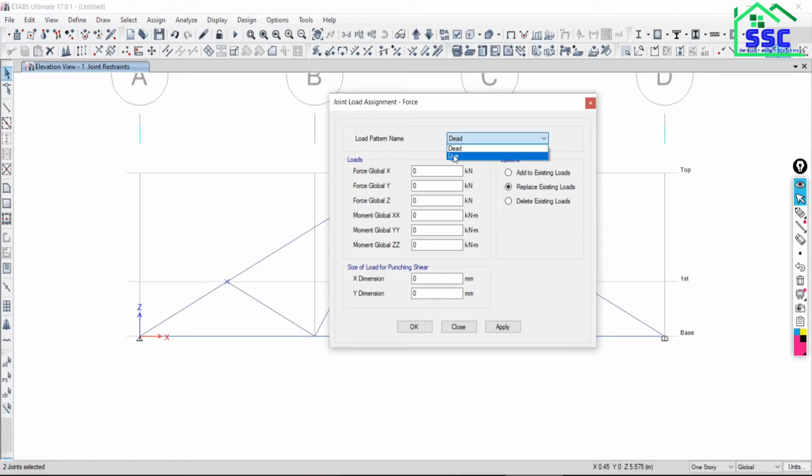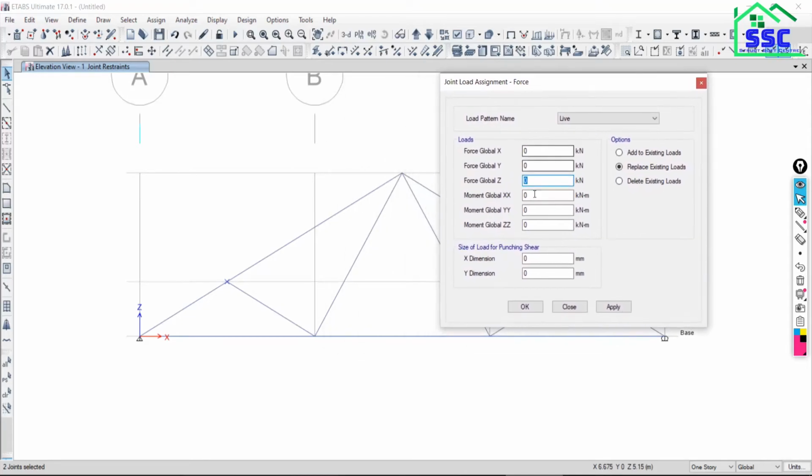Okay, so I just want to apply this load under the live load pattern. What is meant by the load pattern and what is the application? There are a lot of concepts and a lot of things, we will discuss in the coming sessions. Okay, but here remember that we have to apply it in the live load pattern. So just click the live category, and we have to apply in the global Z direction, vertical, but in the downward direction.